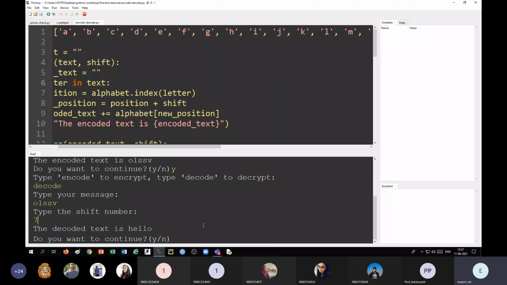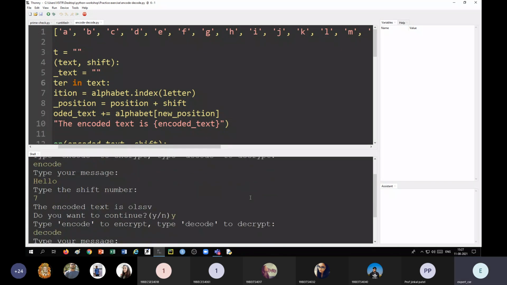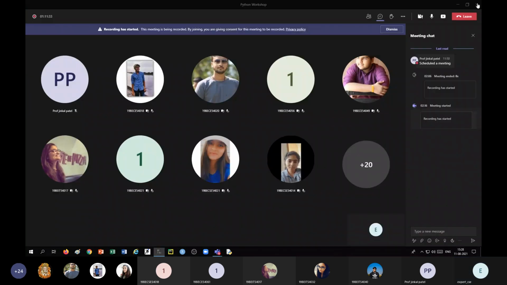So this is an exercise you try. Otherwise, we will see it in the next lecture. You will write 2 functions. One is for encryption, the other one is for decryption. You will take 3 inputs, that is, whether the user wants to encode or decode. So you will complete this, and next time you show me how many of you have completed this. Whether you have completed it or not, we will discuss this in the next lecture. Okay. Thank you.